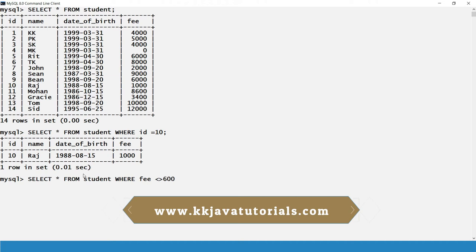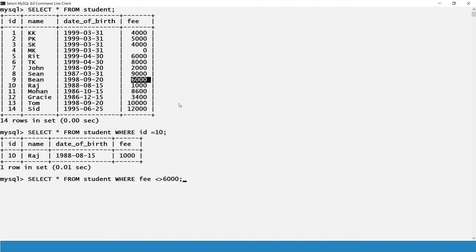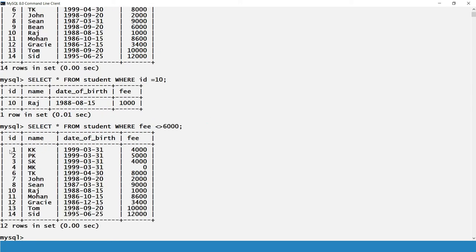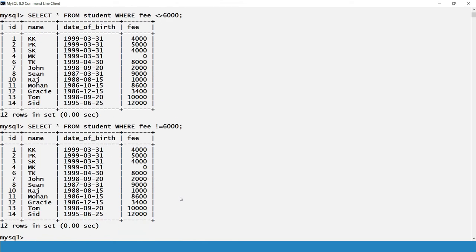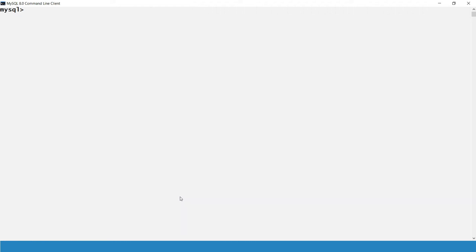It is going to select all the records except the student who has a fee of 6,000. Let me show you. If I press enter, you can see all the students' details have been selected except the student whose fee is 6,000, because we applied the not condition. You can also use not equal to like this, and you'll get the same result. Let me clean the terminal and select all the records from the student again.